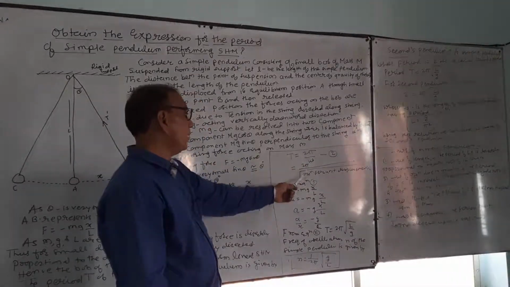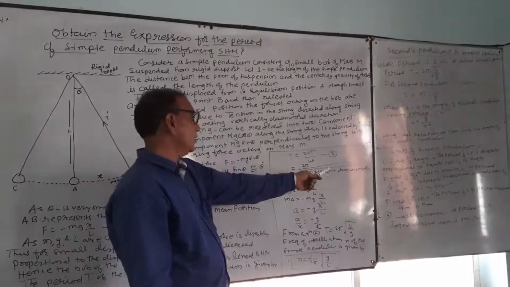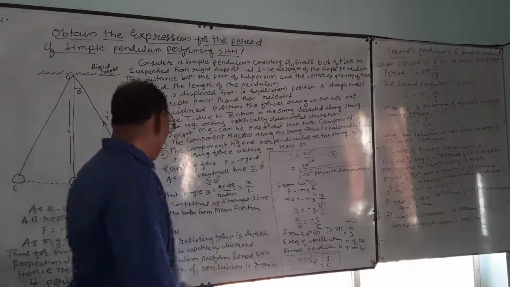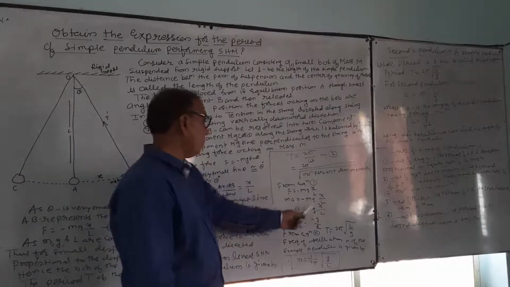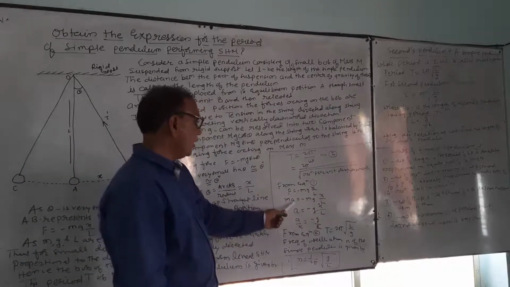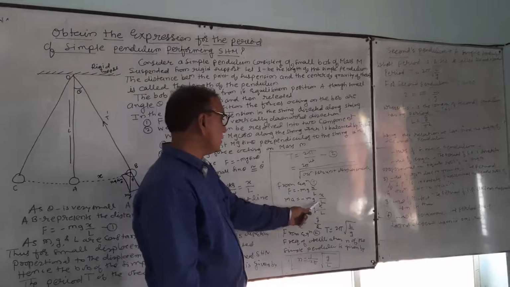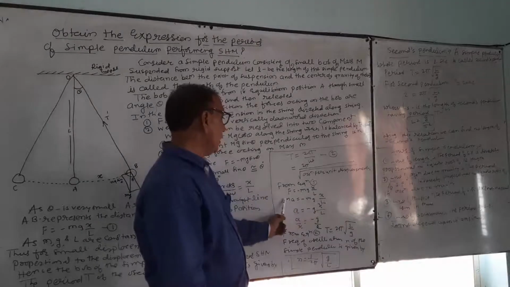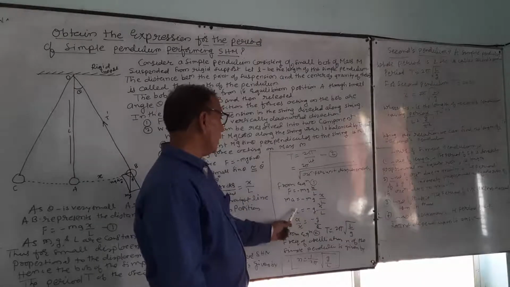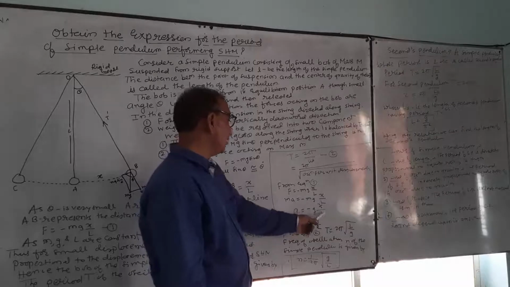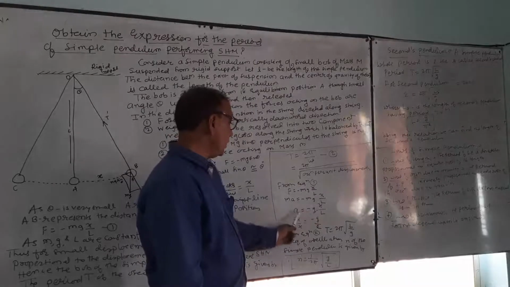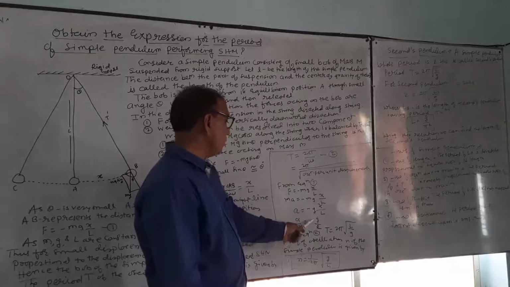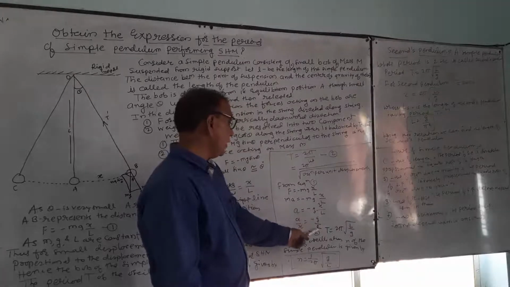Therefore, T is equal to 2 pi upon the square root of acceleration per unit displacement. From equation 1, F is equal to minus mg into x upon L, but F is equal to ma, so ma is equal to minus mg into x upon L. m gets cancelled, therefore a is equal to minus g into x upon L. Rearranging, a upon x is equal to minus g upon L.